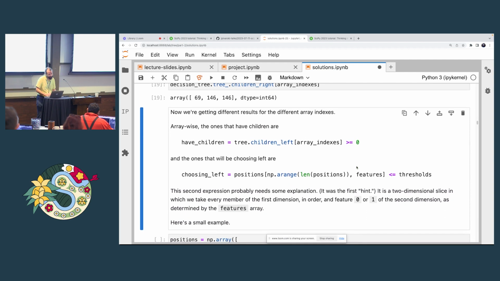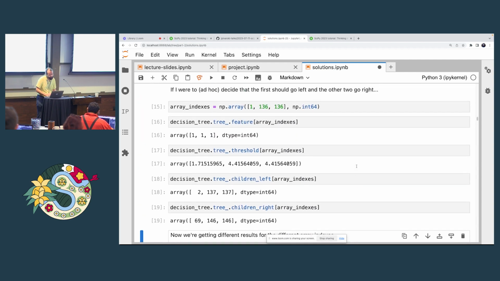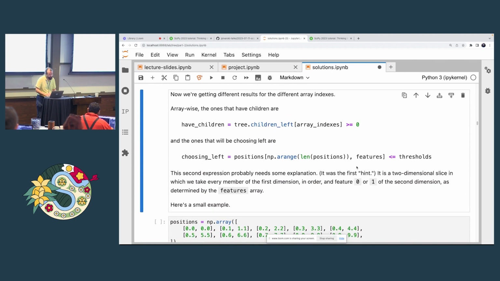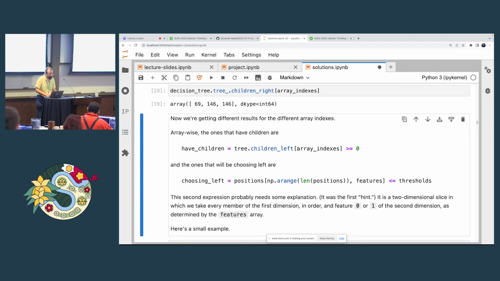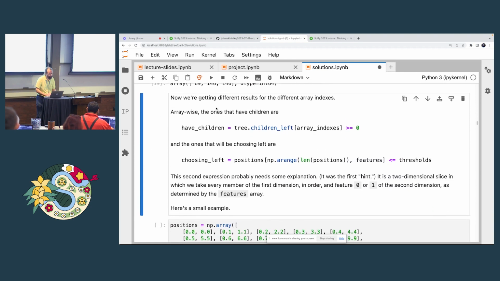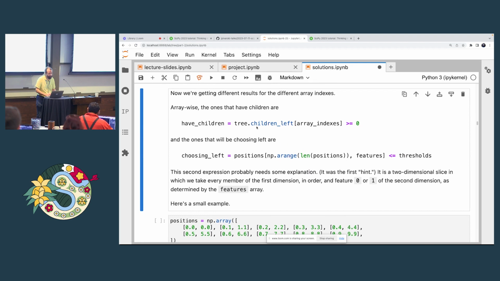I'm not following my own text here. But the basic idea of what we're trying to do is get different results with different array indices. Well, that is happening. This got to 69, that got to 146. The basic idea of what we're trying to do here is